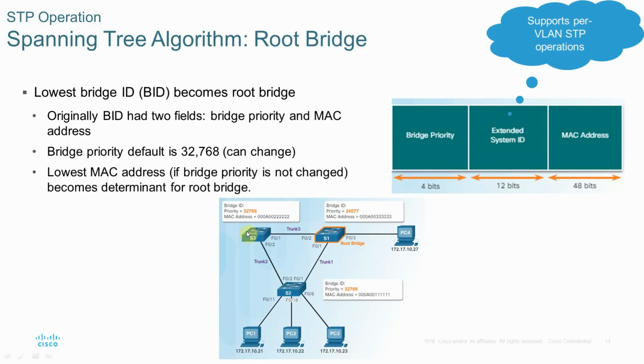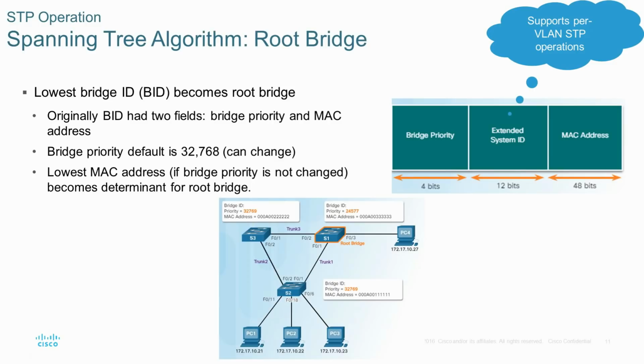So if you will see this example, this is the one. Suppose all the switches have the same priority value, same priority value, the next criteria is the MAC address. So the lowest MAC address will be elected as a root bridge. So two criteria. The first criteria is the priority value. If the priority value of all the switches are the same, then the second thing is the MAC address. The lowest MAC address will be elected as a